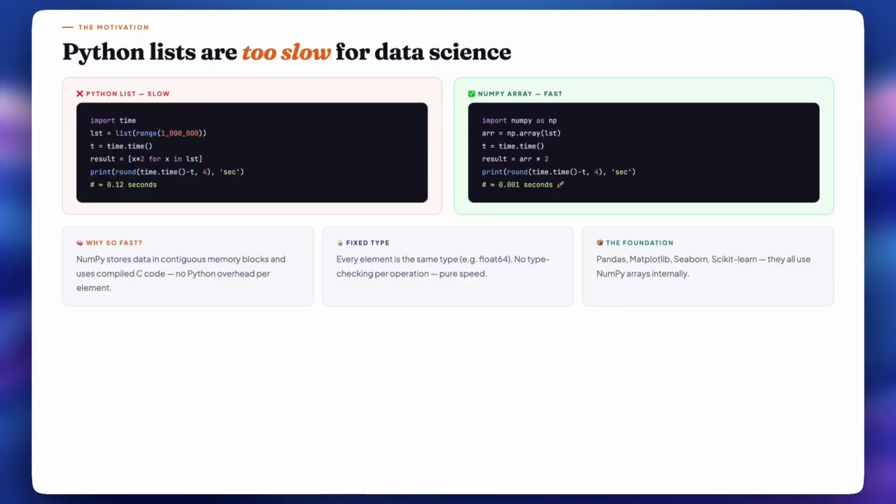The second major point is contiguous memory. Python list elements are scattered across memory as separate objects, while NumPy stores all elements side by side in a single memory block, just like an array in C. Here the CPU can process it in one sweep, which results in faster